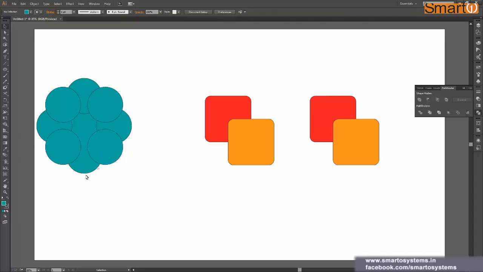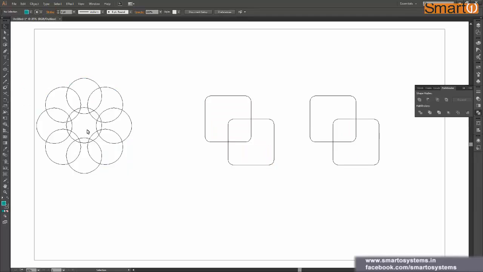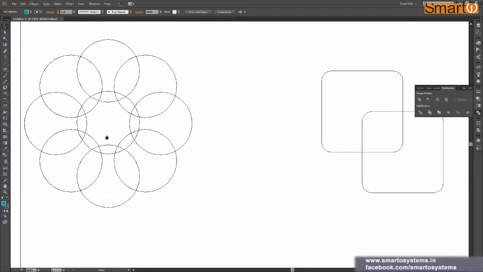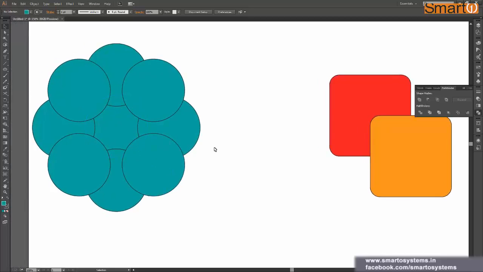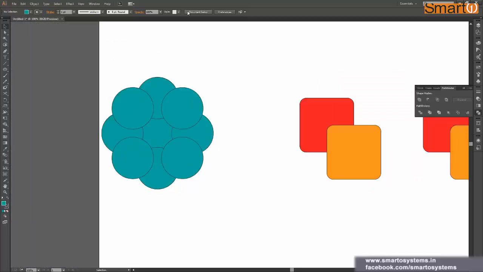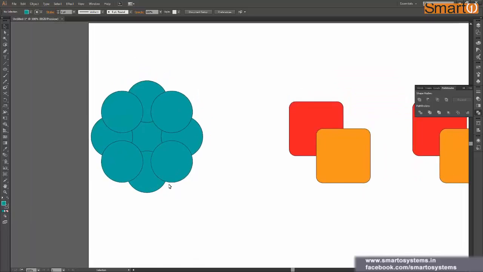Now if you want all these shapes to subtract the overlapping area from this center circle, so that this center part is preserved and the rest is removed, and you want this kind of outline for the center circle, then it's a very clear task: you have to perform a minus front operation here, so that all these shapes will be removed and you will have your center shape with this kind of outline.